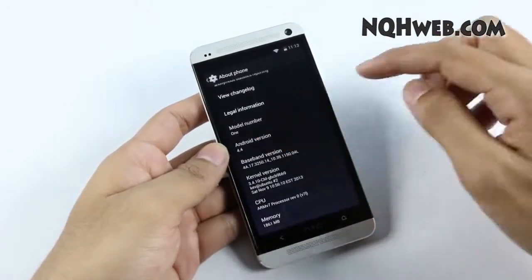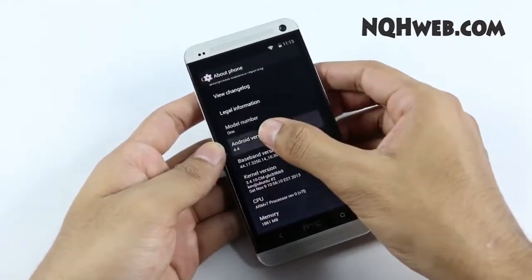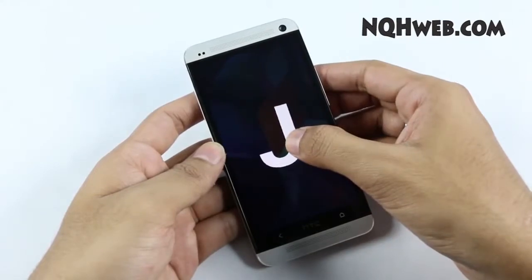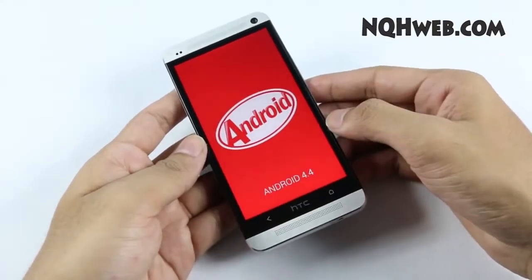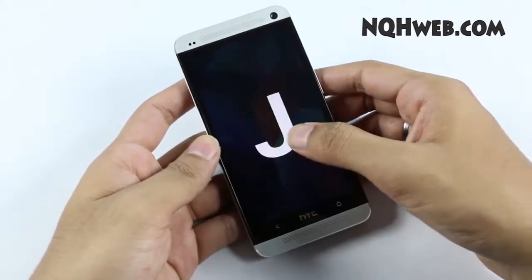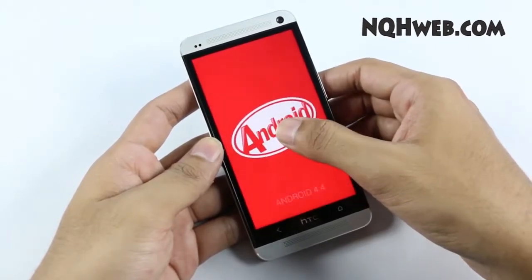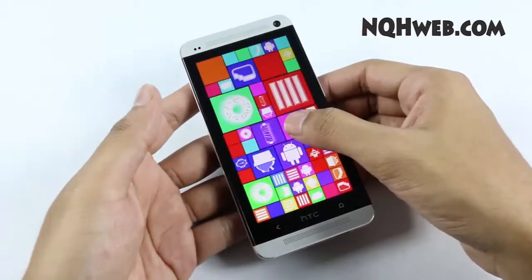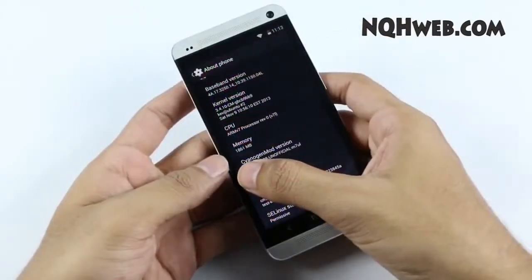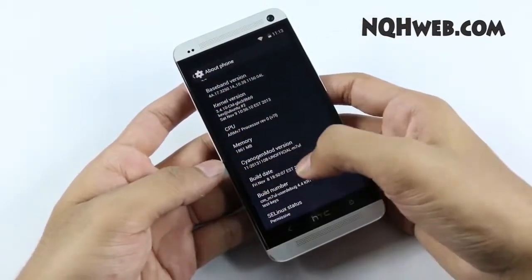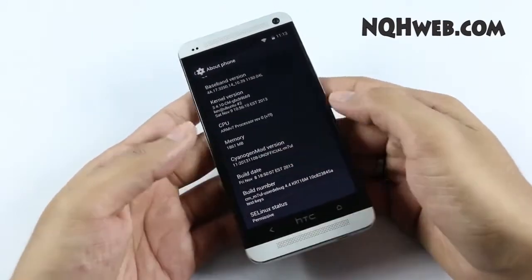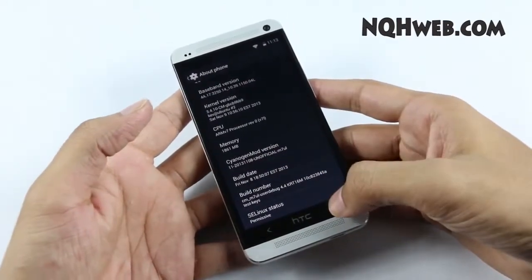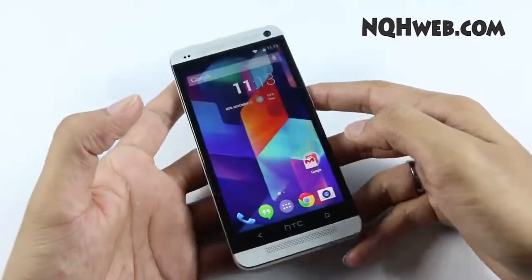What's up guys, this is my review of the unofficial version of the CM11 mod 11, which is based on the latest version of Android, that is the Android 4.4 KitKat. So there you see, and okay, so you also get this. So here we have the CM11 mod version 11 and the unofficial. So this is still in the developing phase, but nevertheless, since the ROM is out, let's go ahead and see